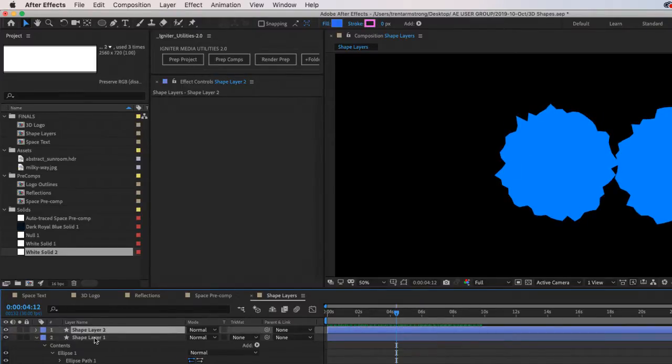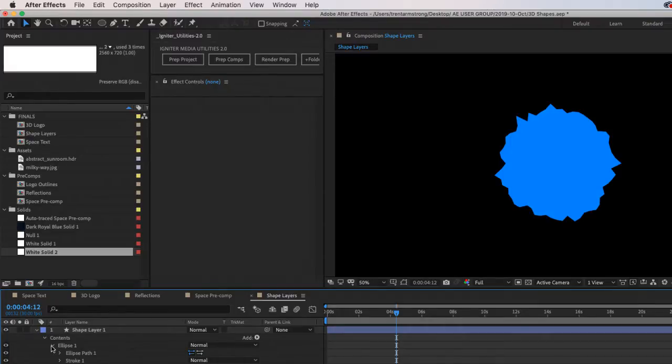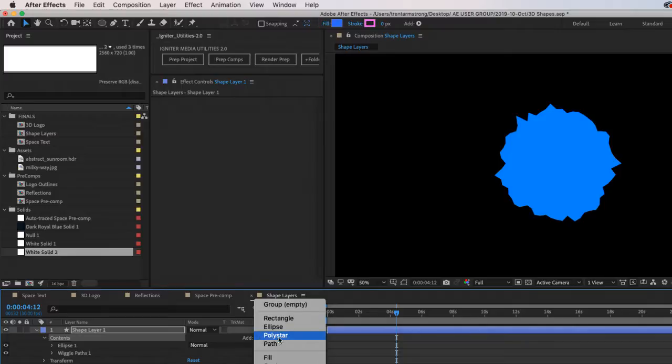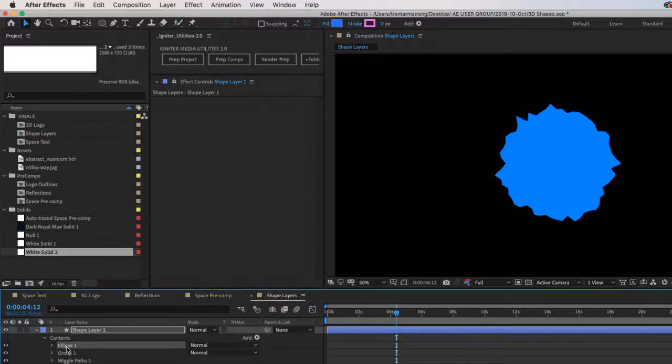We could even do a group here. Put those two in, duplicate the group, change the random seed here, and the size. Oh, no, that's not what I want to change. I want to do this.